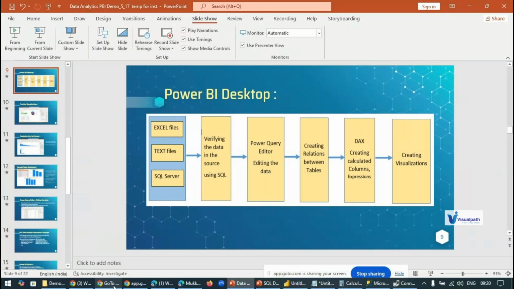Any of you? What is the relation between tables? Manoj, Prem, or any other? Can we say it's the raw data? Relation means raw data. Not sure. No. Relation means connection based on the dependency.